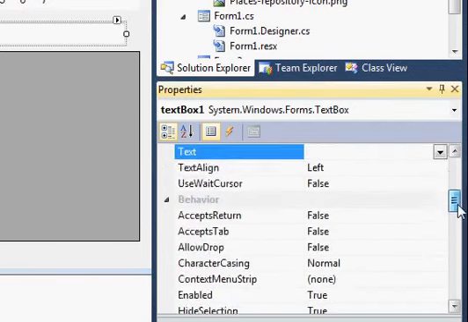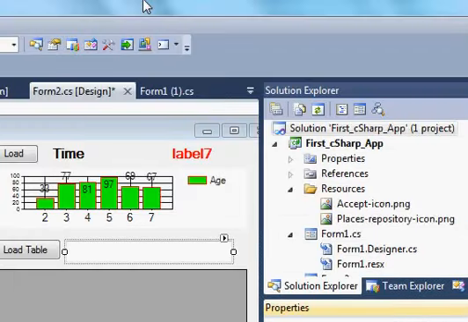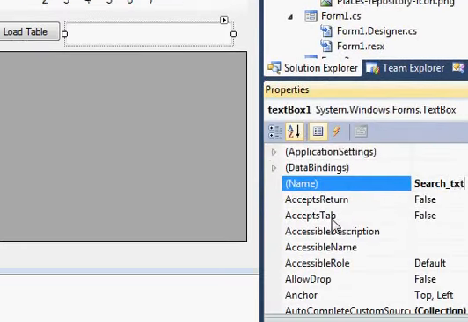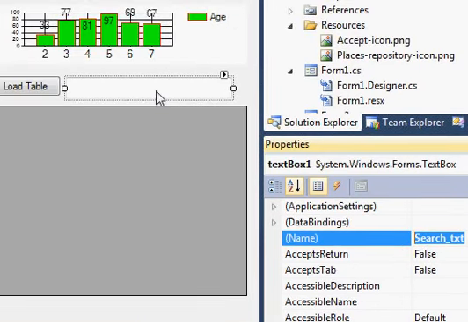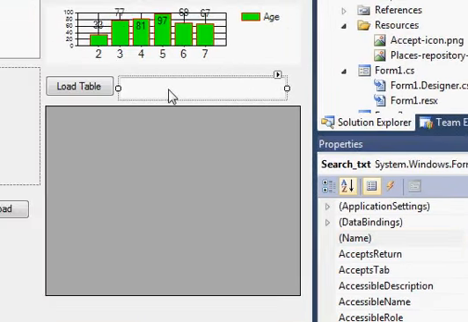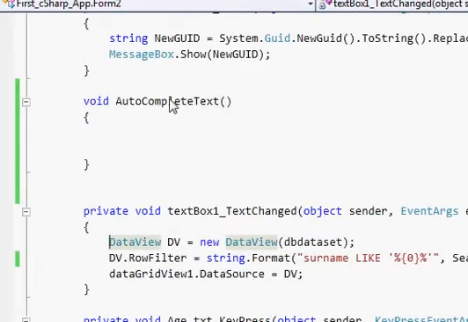So what was the name? My text box name was Textbox1, which I'm changing, for example, to search text. So I name this text box as search text, this text box. Okay, and now I will go to the program once again. Here I have created my autocomplete method, and in this method I paste the name of my text box for search,